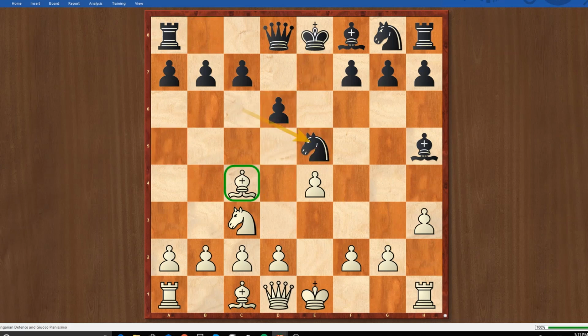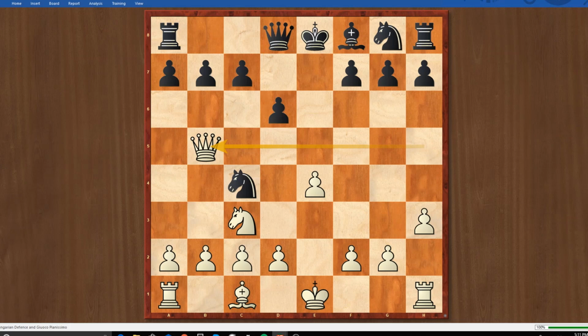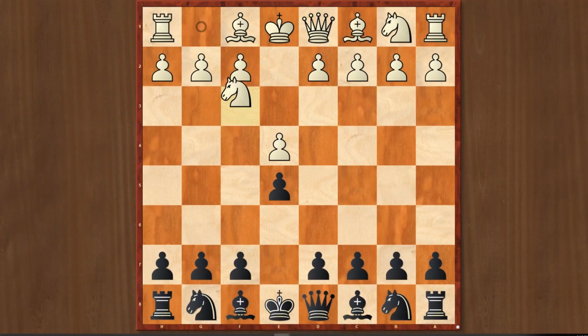Well, in this case, white can recapture on h5, and after knight takes e4, he has this extremely strong move, queen b5, check. After a move like c6, queen takes e4, white is up a pawn in this position and has a winning position. The next trap I'm going to be demonstrating is after the move e4, e5, knight f3,